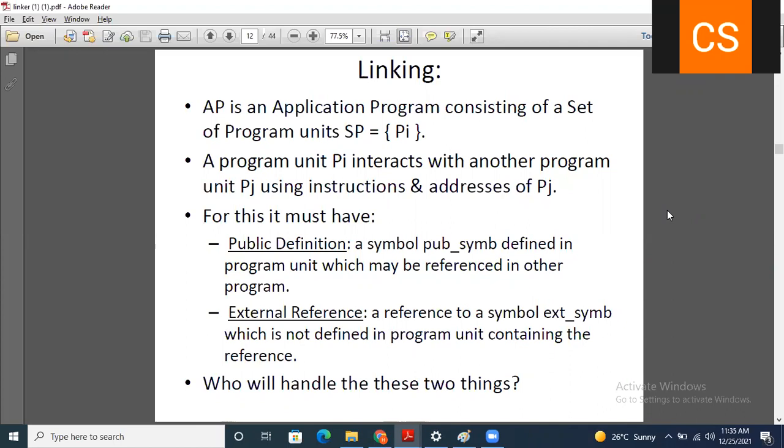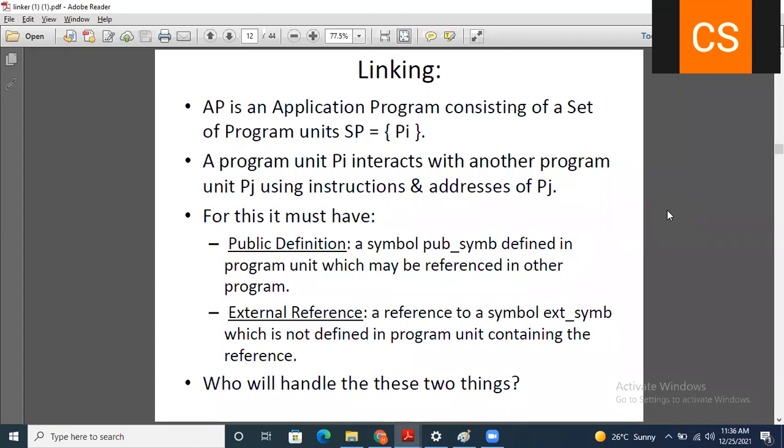So public definition contains a symbol which is defined in the program unit and which may be referenced in the other program. That is the public definition. And external references are the symbols which are not defined in the current program unit, but it contains the references.